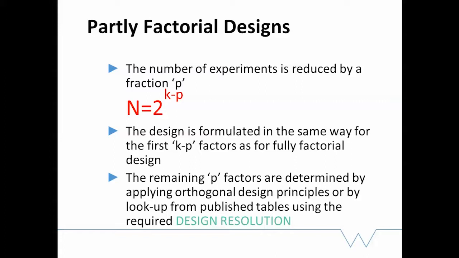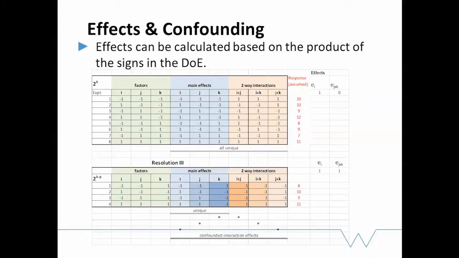So these reduced factors, these fractional factors, the p here, cannot be determined, as we've seen, using our alternating minuses and plus rules. So we have to look in a table. The reason we need to look into the table is because of this confounding or aliasing of effects,